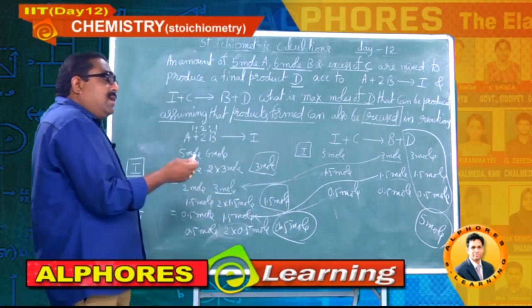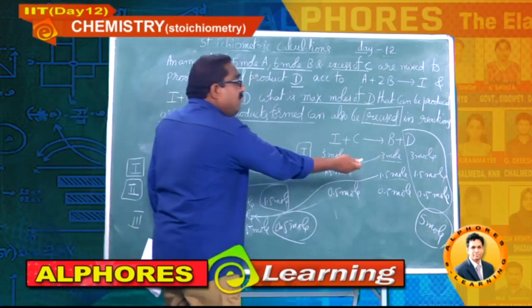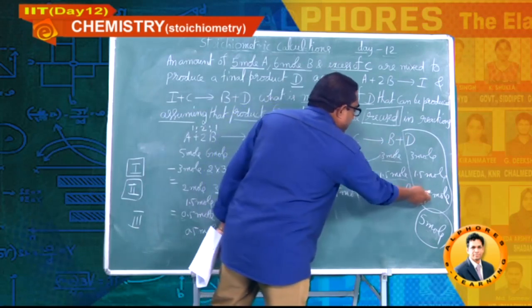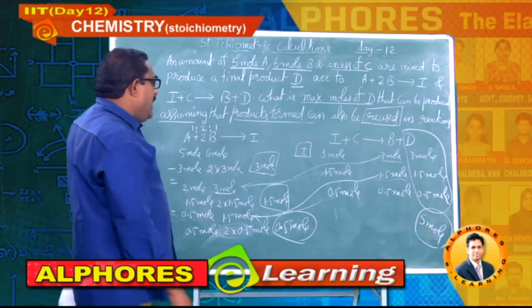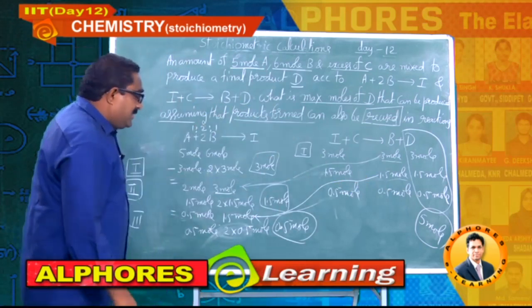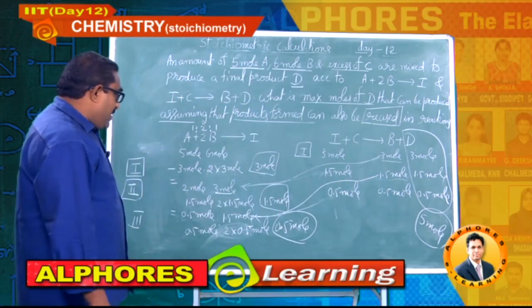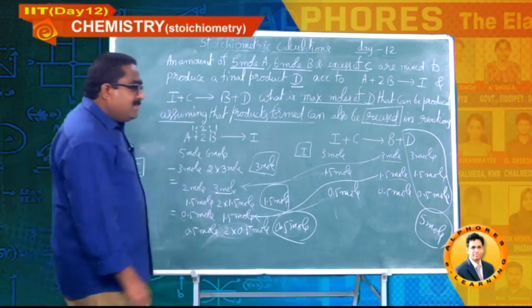I again come to the third stage of reaction, again it will go for third step. 1 mole gives 1 mole, 1 mole, 0.5 gives 0.5, 0.5. So finally you will be left with 5 moles of D as product. Let us frame one more question. Which reactant is completely consumed here?